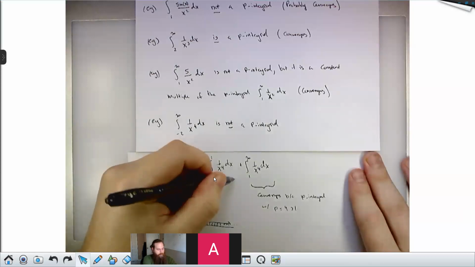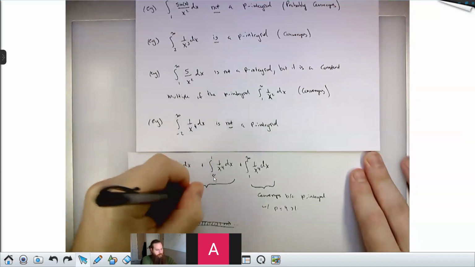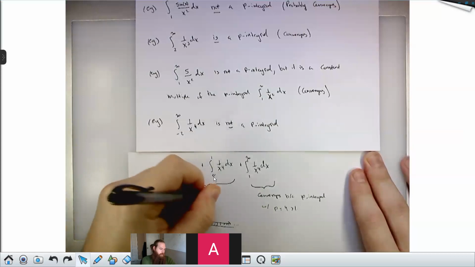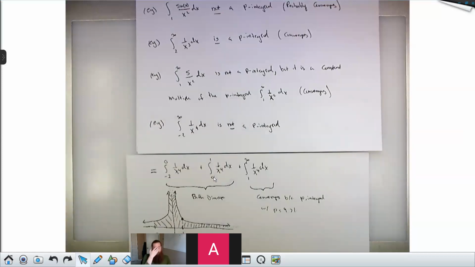Well, for those who haven't done that problem, this will serve as a hint. These both diverge. They're not p integrals because they're type 2. But if you do the computation, you'll discover that both of those diverge. And in fact, the rule for type 2 integrals that kind of look like p integrals, i.e. have the same shape to the integrand, are exactly the opposite of those for type 1 p integrals.